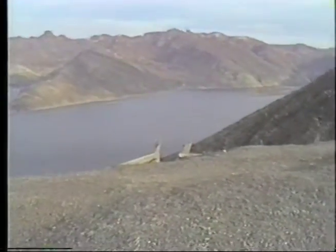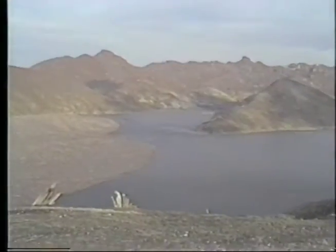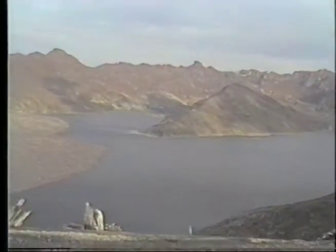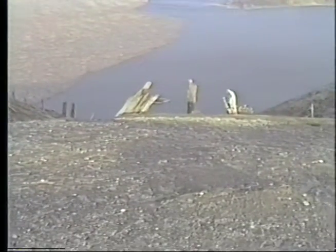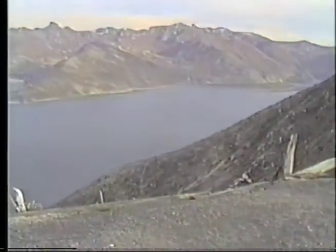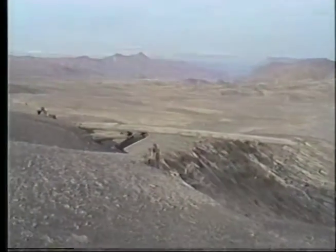And down here is Spirit Lake. It had its elevation and shape changed by all this. It must be 1,000 feet, 1,500 feet below where I am. But look down there, there's still a heck of a log jam in the lake. That's Spirit Lake. You can see all those logs down in there. As I walk over here, you can see